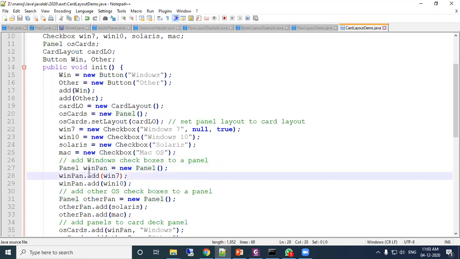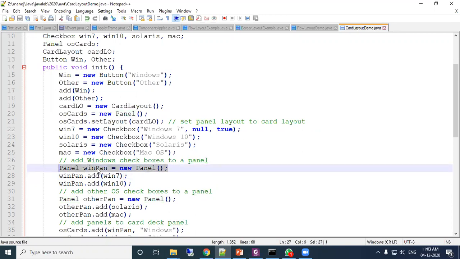Okay, now WinPan is a new panel, another panel created, and its name is WinPan. WinPan.add(Win7), so this will be added in the WinPan. WinPan.add(Win10), this is added here. So one pan is created, that is WinPan. Previously one pan was created, that is your OS cards.